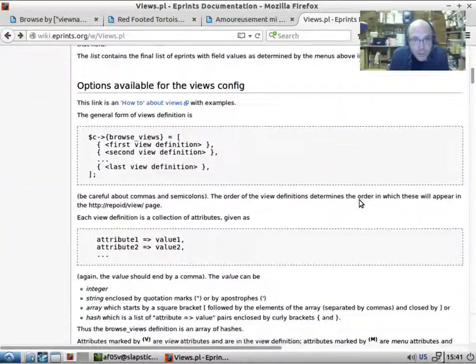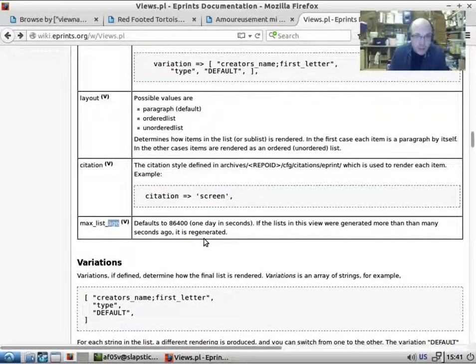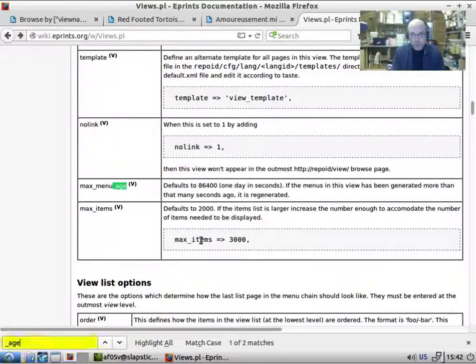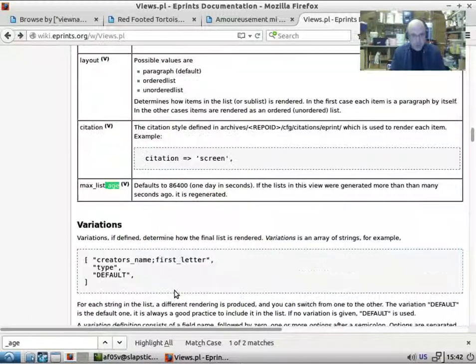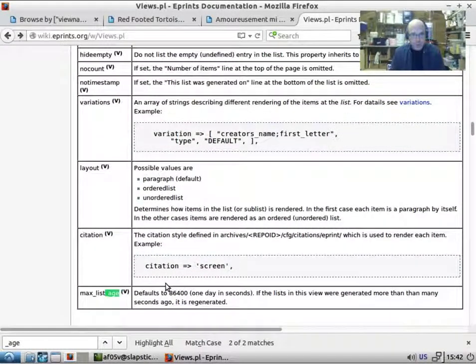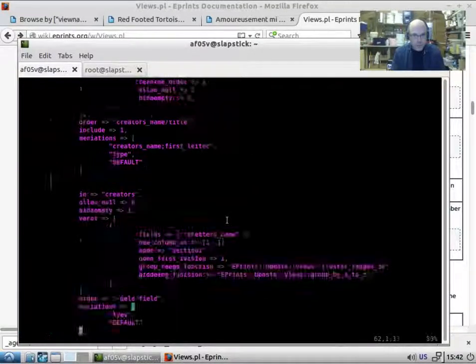But this is kind of an overview of it. Here we go, max list age. So if we search through this document for _age, well, max list age, max menu age. It defaults to 1 day, it's a time in seconds. So what I believe we can just do is say